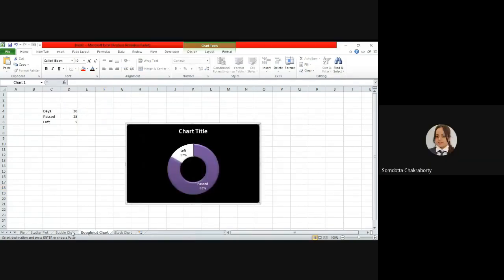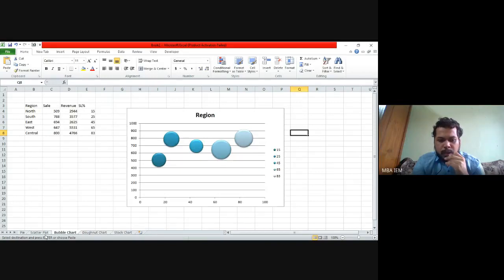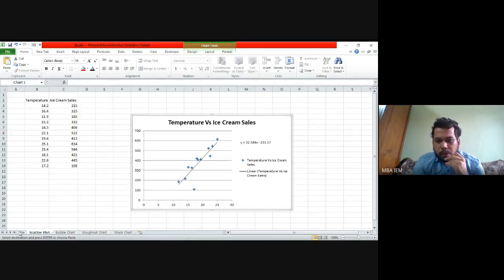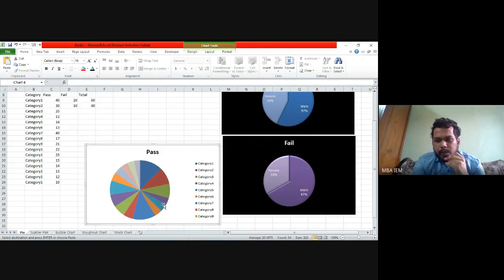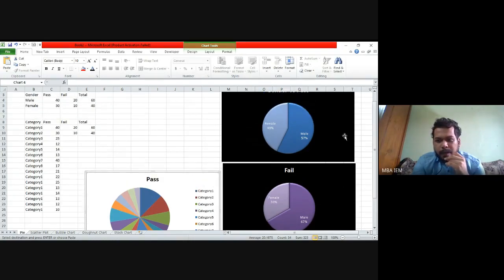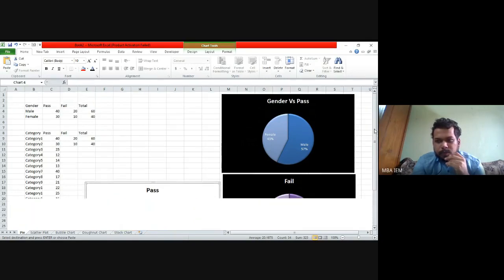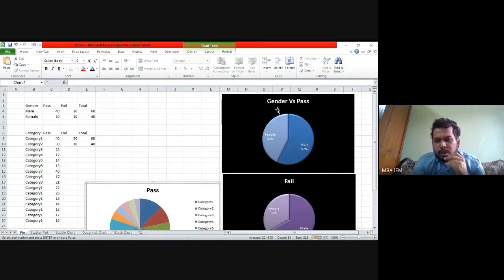Just in case someone doesn't know, say for example, if you look at this one, gender versus passing, this is the visual related to which percentage of which gender passed and which failed.